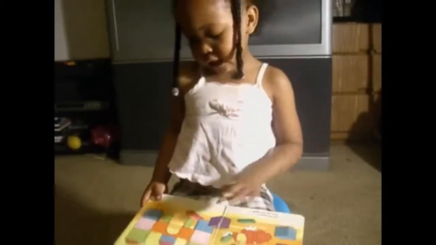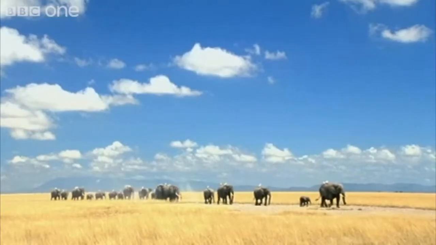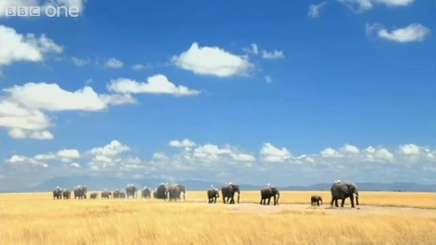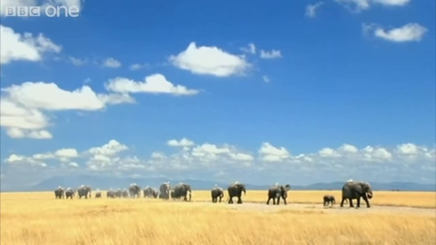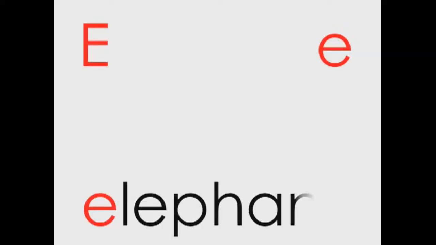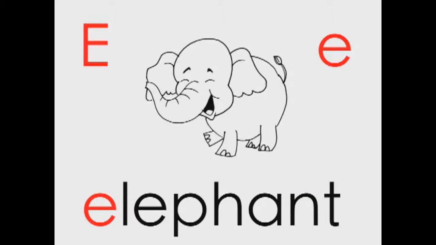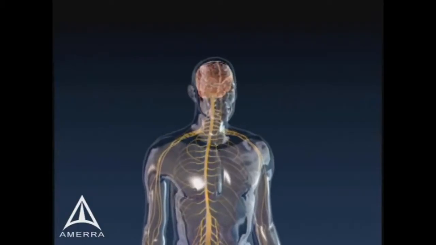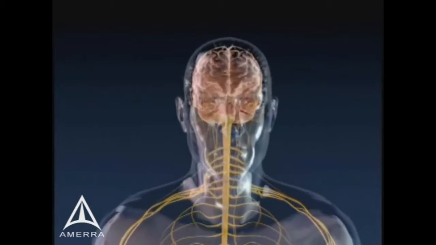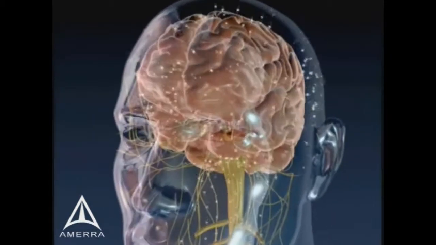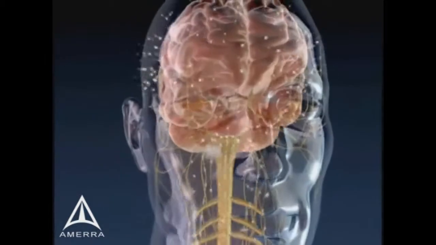Language is a complex skill requiring the combined function of various systems and the ability to interpret and assess the surrounding environment. As well, language is a very abstract system. For example, the word elephant symbolizes a very large gray mammal that lives in Africa. The word elephant itself does not look like the animal, while the word spoken aloud also does not resemble the animal. An individual's ability to associate the abstract symbol with the physical object requires full neurological functioning.